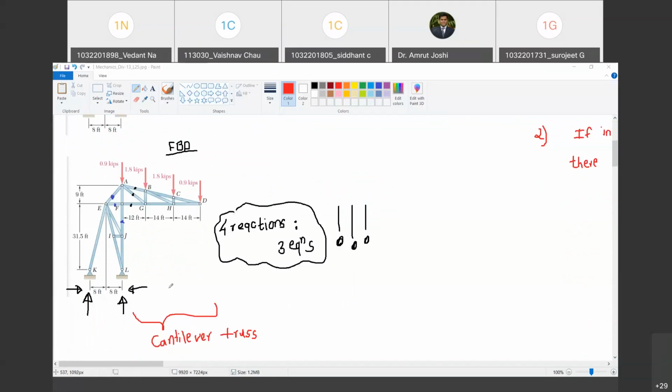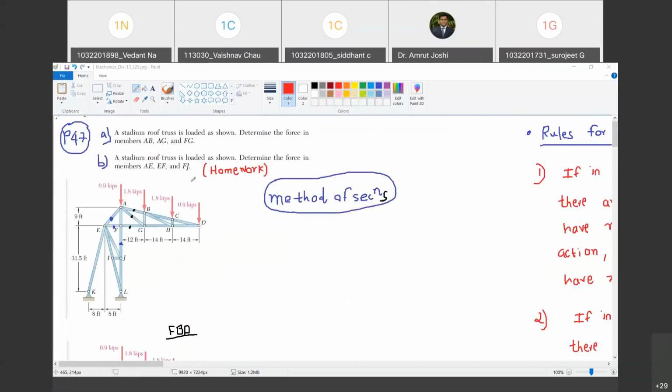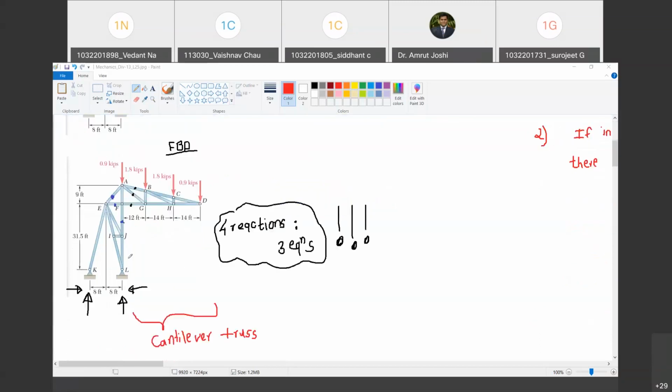So all the other loads have been shown. We are neglecting self weight. That's what I said for trusses. In that case, I need to show the reactions here, and the free body diagram is complete. Happy? Yes, sir. So I have shown two reactions at K, a horizontal reaction at K and a vertical reaction at K. Similarly, there are two force reactions at L because both are hinge supports: a horizontal reaction at L and a vertical reaction at L. You can show the sense the way you want. Later on, the negative or positive sign will indicate whether the sense is correct or not.